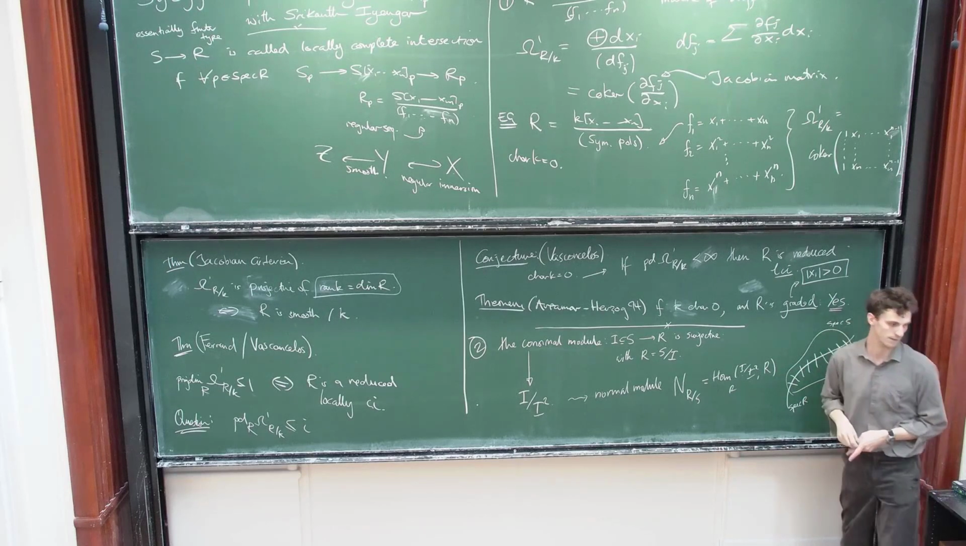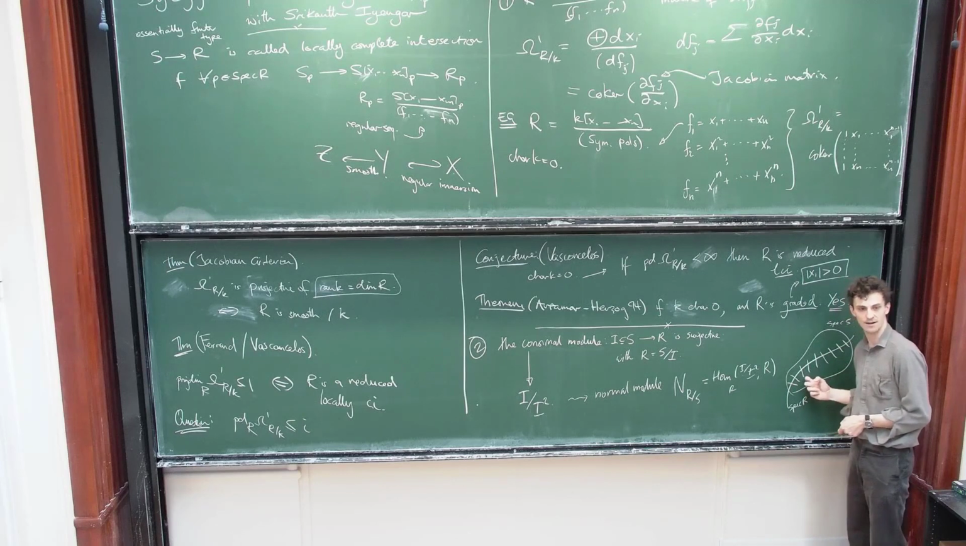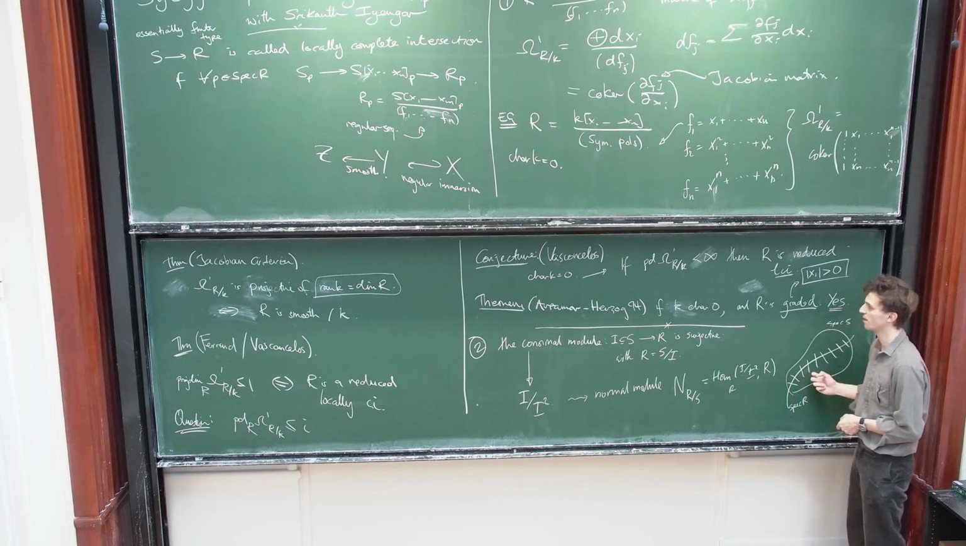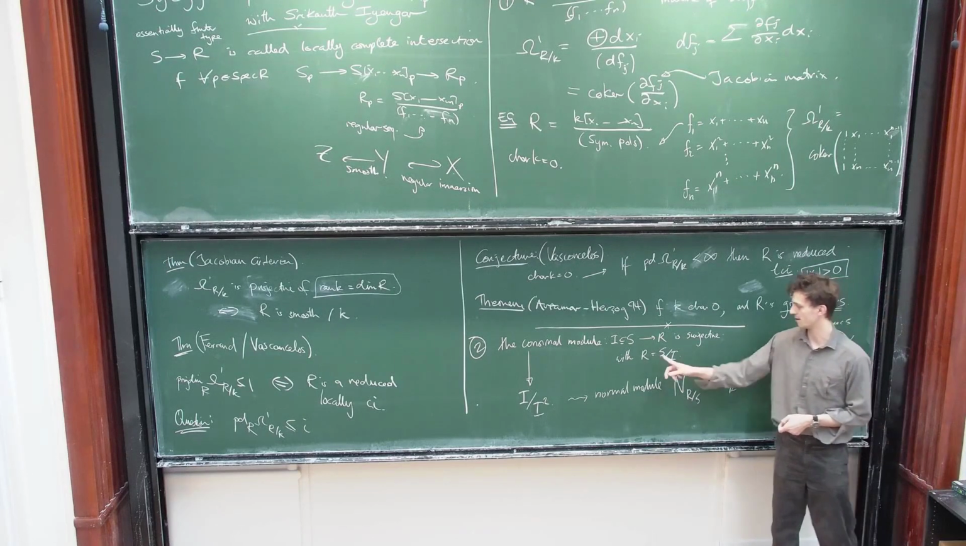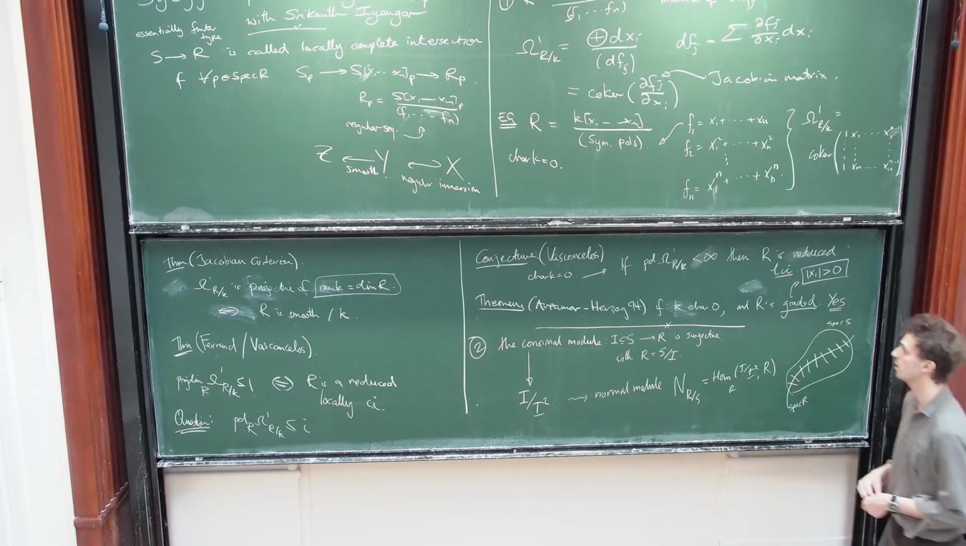I think. So it makes sense that if this is a particularly nice kind of bundle or sheaf, then maybe the singularities of this map are particularly nice in some sense, and that is indeed true. So